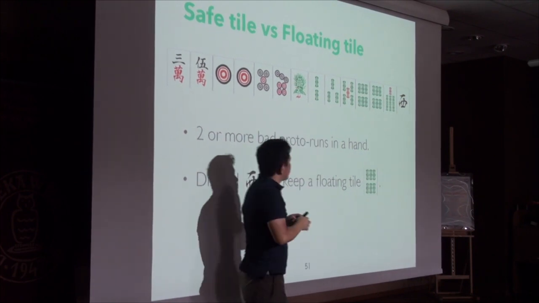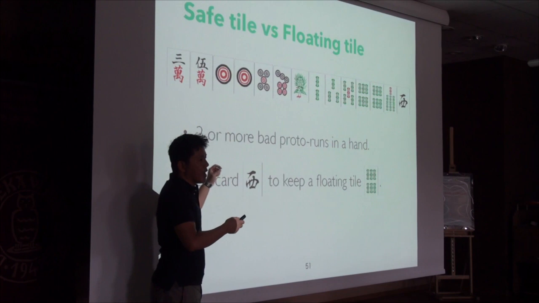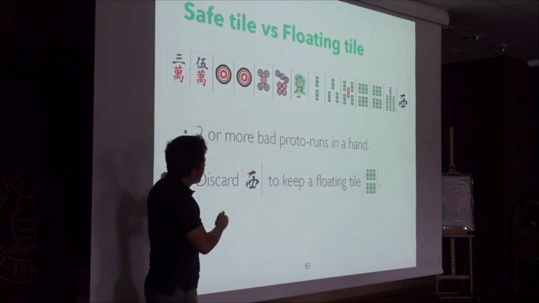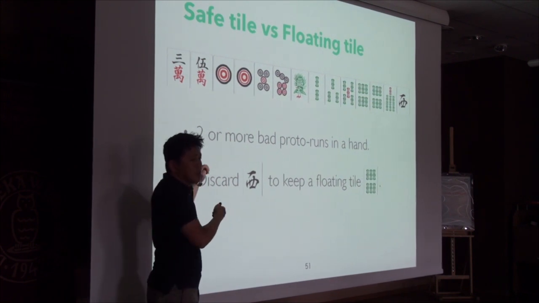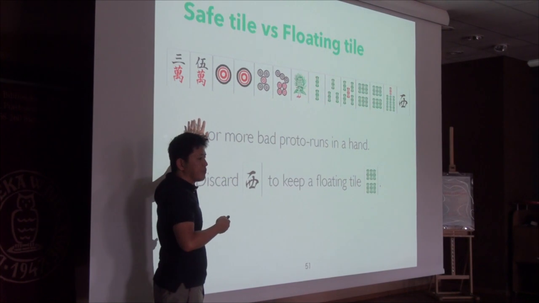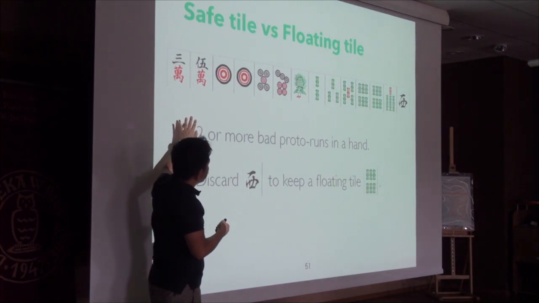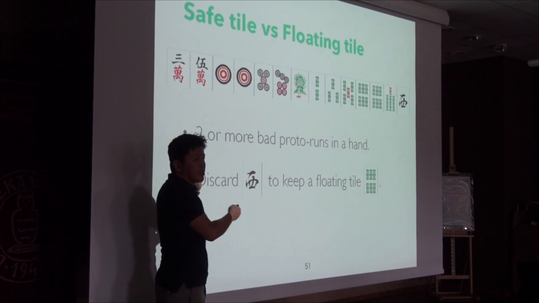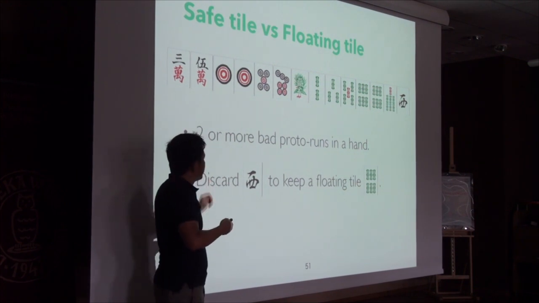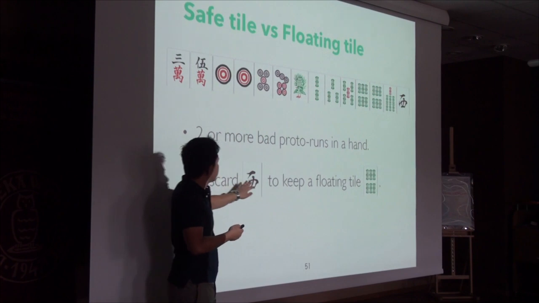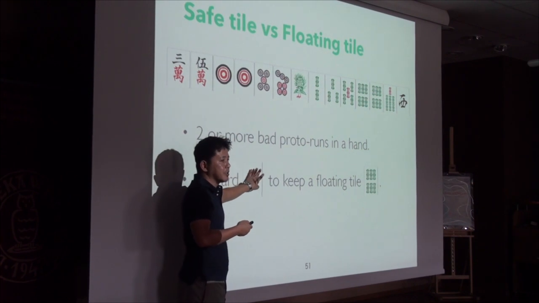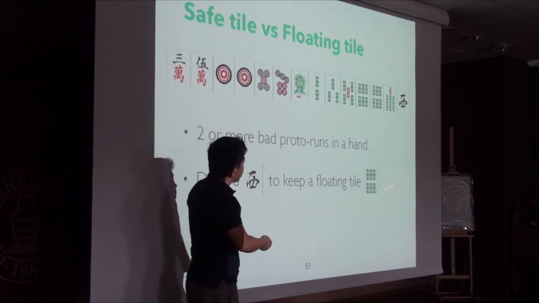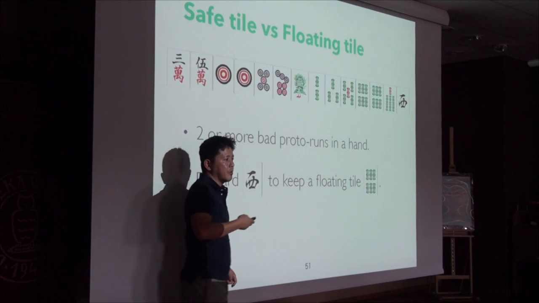So we may want to be a little bit greedy and more ambitious and hope to get a better sideways protran, right? In cases like this, we may want to keep a floating tile, right? So here, it's better to discard west, the safe redundant tile, and keep the floating tile,